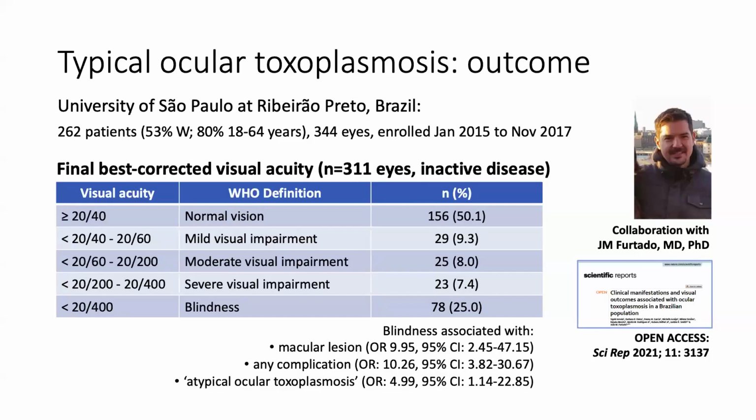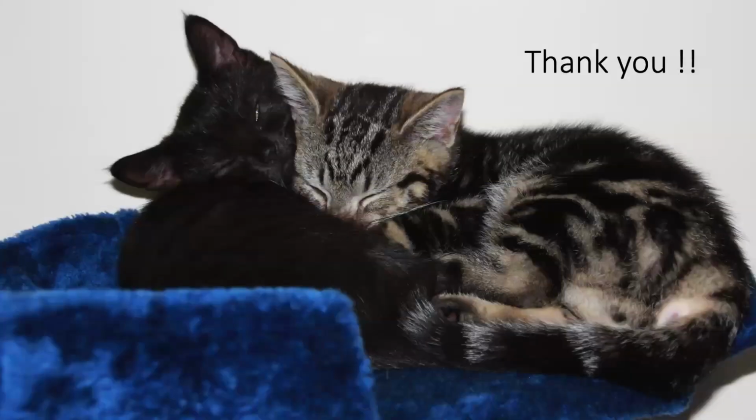Our patient was left with 20/400 vision, so down here. So yes, it's not good vision, but it's also common in typical ocular toxoplasmosis to not have a great visual outcome, unfortunately. So another reason that we need to be on top of this disease. And with that, I thank you for your kind attention, and I'm looking forward to hearing about the more complicated cases from our other lecturers.